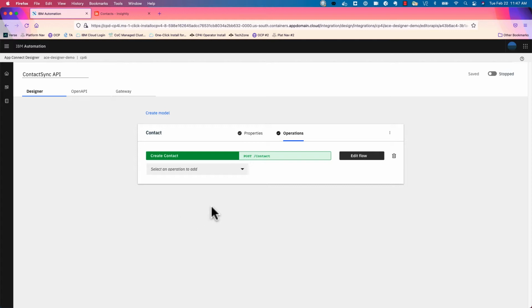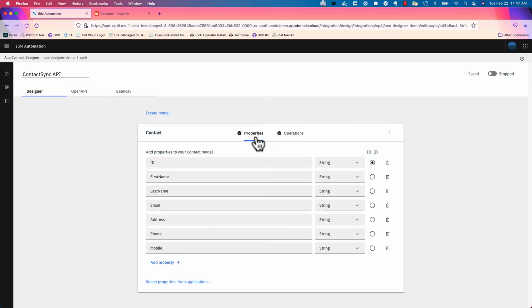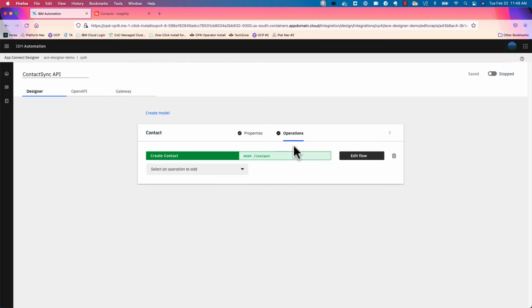So here we're in the designer tooling. This is where we can create all of our API integration flows and manage our connectivity to services and endpoints. So we're going to start with labeling our different parameters. We can go to operations, and these are going to be the different HTTP methods we can use to connect to our API,